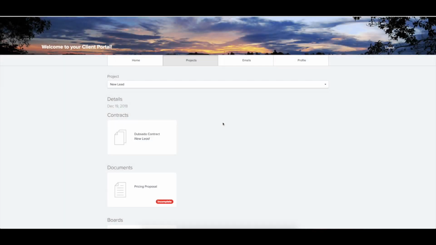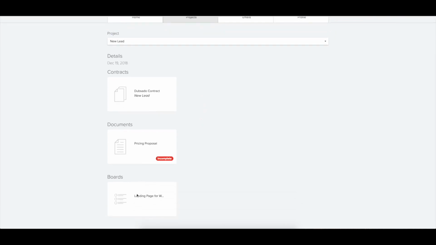Now, let's take a look at the client portal aspect of it for whenever a client logs in and you want them to be able to see a task board. If you have your task board shared in the privacy settings, your client can come into the project section here, and they'll need to go to the project that that board is assigned to. But once they're there, if you scroll down, you'll see the board right here. And when I click on that,